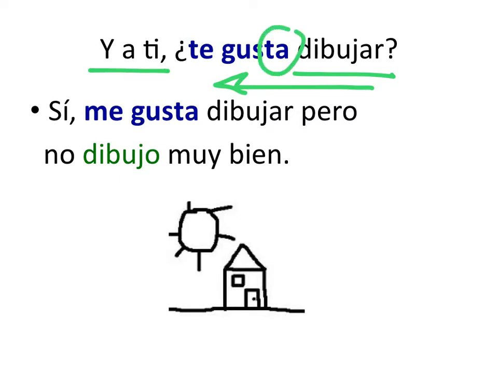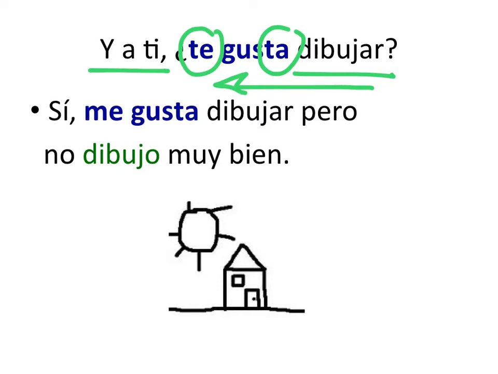What we learned on Monday is when you talk about a verb in the tú form, you draw would be dibujas, right? Y tú dibujas? That's what we were talking about on Monday. However, what we're really asking is drawing pleasing to you, which is why we have this te. So this verb, gustar, functions completely differently, grammatically speaking, than the verbs on page 38. So it's important to note that.